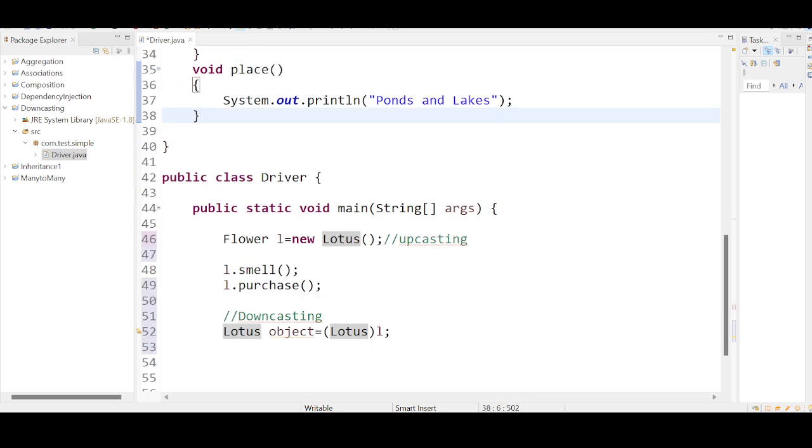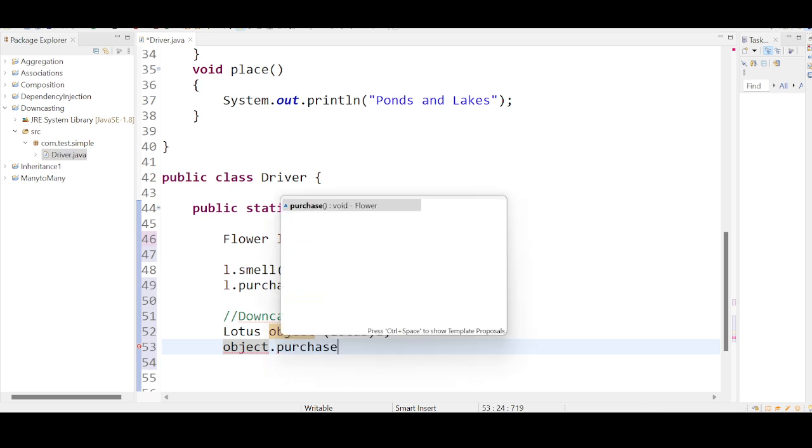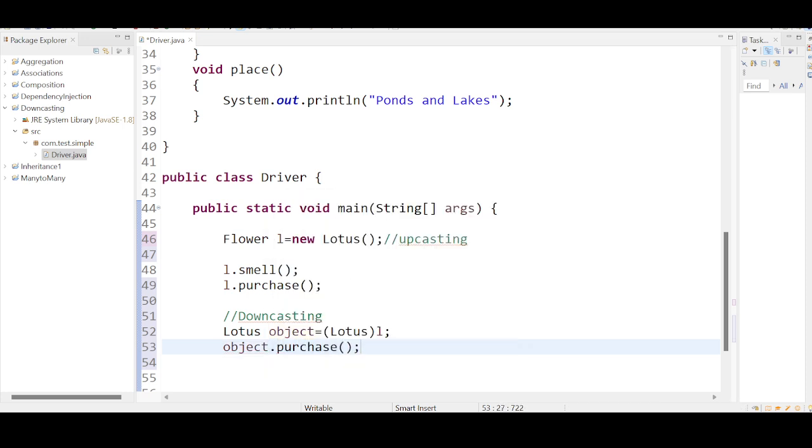Directly I am unable to call it, so I am doing a manipulation. I am doing downcasting. I converted this reference variable to the Lotus type and assigned it to a reference variable of Lotus type. Now, by using this downcasted reference variable, I can call this purchase method. If I run this code,